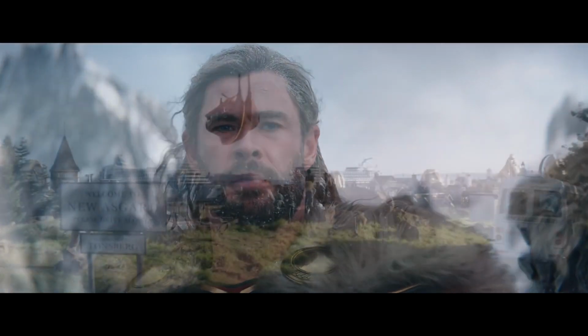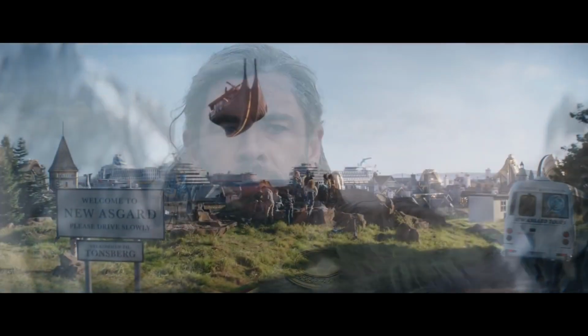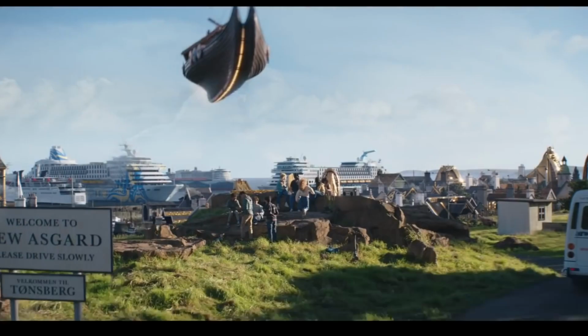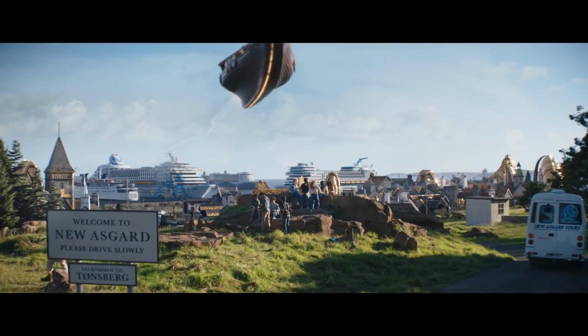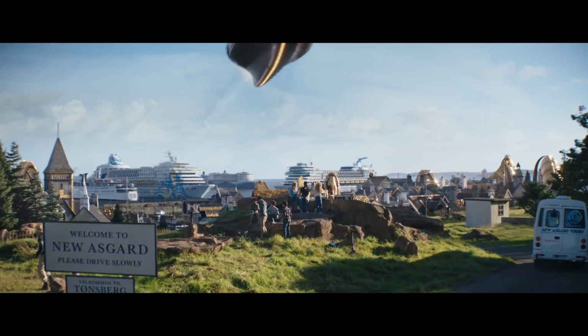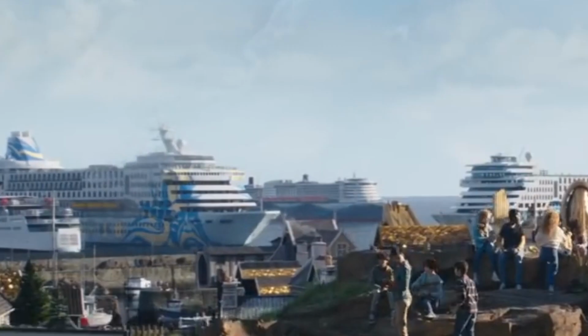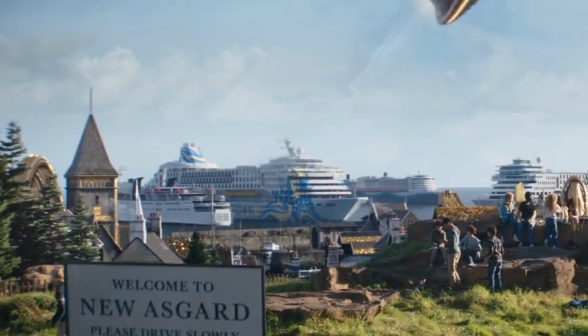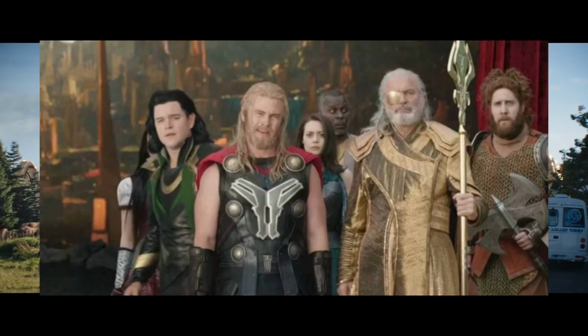We also have an establishing shot of New Asgard. Some children play on the rocks with a... Is that a boombox? Out of this whole scene, that is the most out of place and unrealistic. There's a little New Asgard tour bus with a little logo featuring Mjolnir, four cruise ships, this little arch over to the left. Maybe it's a theater, and we'll see Sam Neill and Matt Damon's Asgardian actor characters from